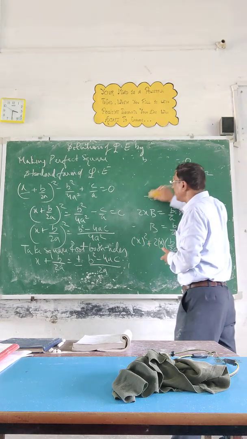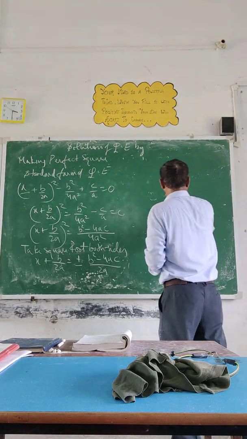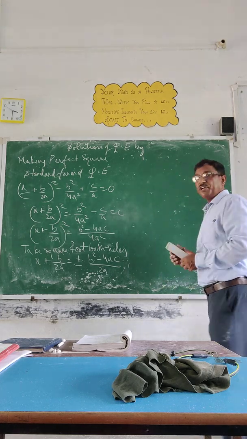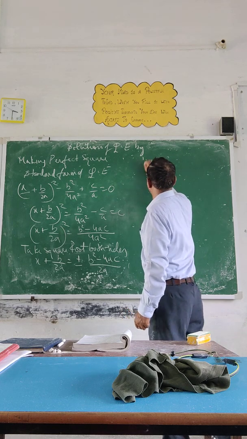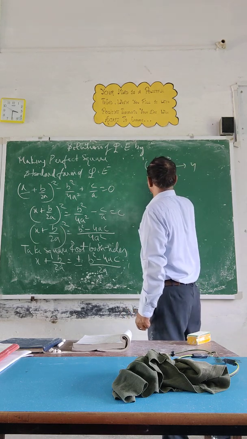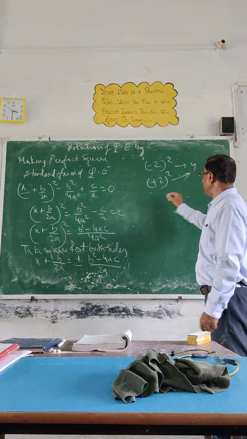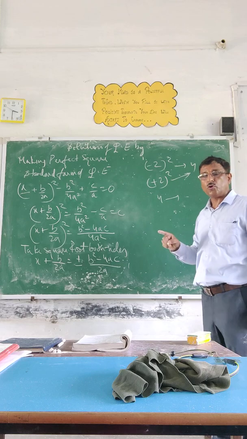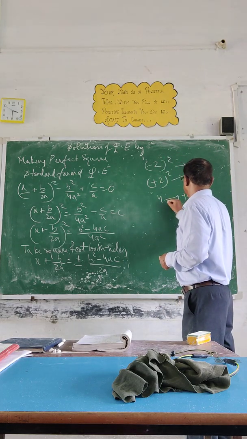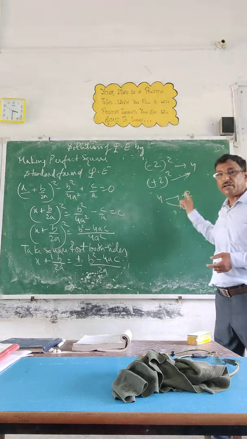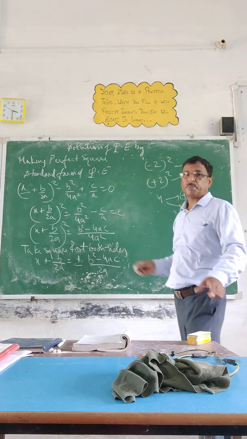You will get everything in the video, so I am just writing it. Okay. Now you can see why we introduce plus minus. Can you see? Minus 2 square is 4 and plus 2 square is also 4. If you take the square root of 4, you don't know whether this 4 is coming from plus 2 or minus 2. So in general we have to consider both the factors. That's why we are putting plus minus. Okay.